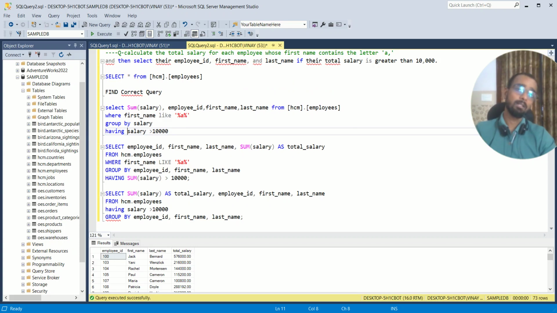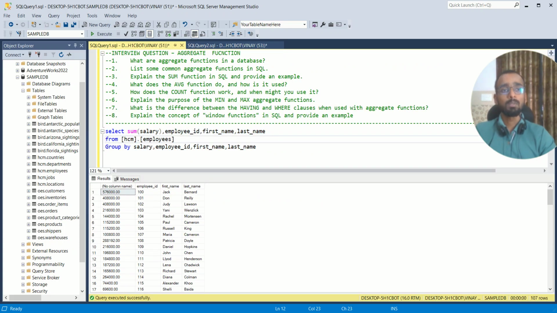Basically, it is asking for the total salary greater than 10,000 where the first name contains A, and you have to select these columns. You have to figure out which query will give the exact result, and you can use the HCM.employee table for your reference.